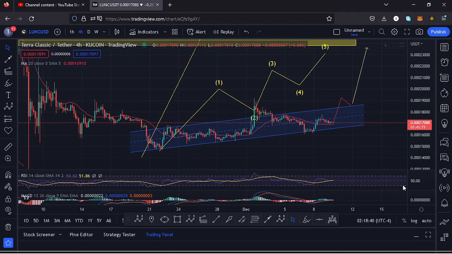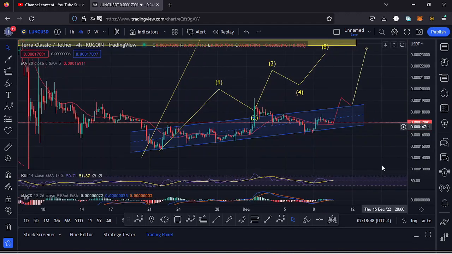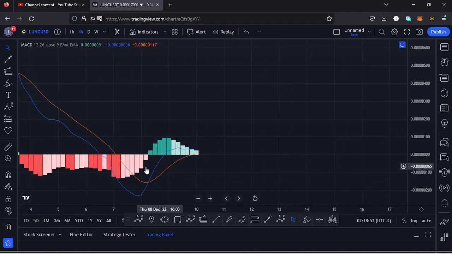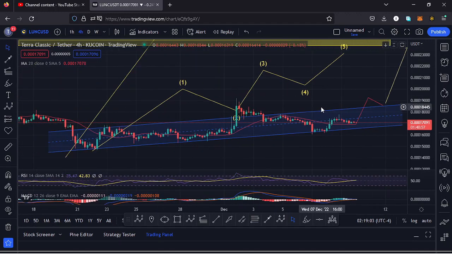Also taking a look at the indicators here on the RSI. On the RSI, we are trading at around the 51 mark, meaning we have massive room for us to support any movements to the upper side. Also taking a look at the MACD. On the MACD, we have printed a bullish cross down here, but we are seeing a bit of a decrease in the buying momentum, and that would mean maybe soon we might be able to print a bearish cross, and maybe that would mean lower prices are still coming our way.